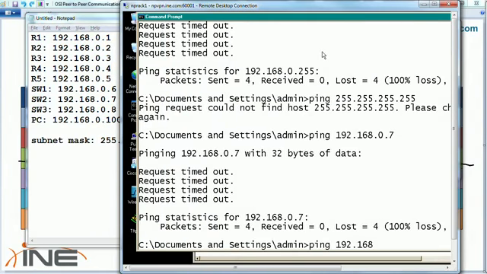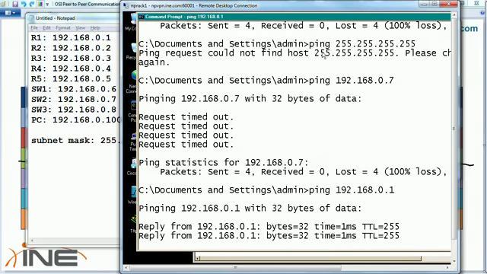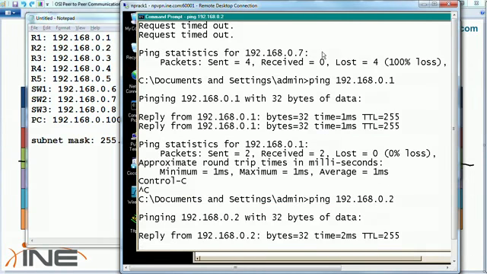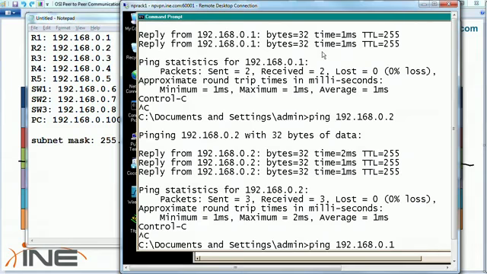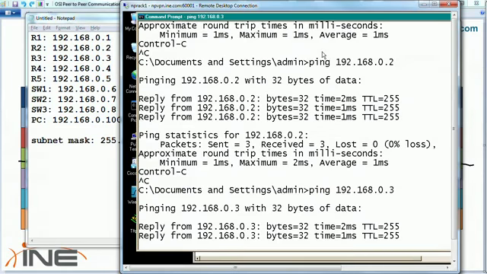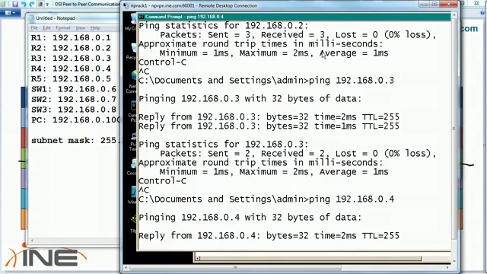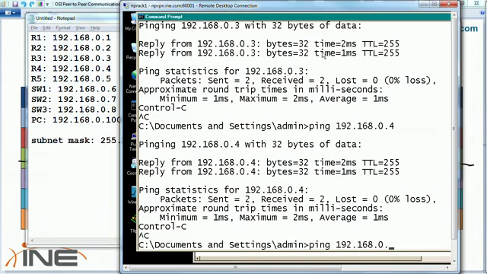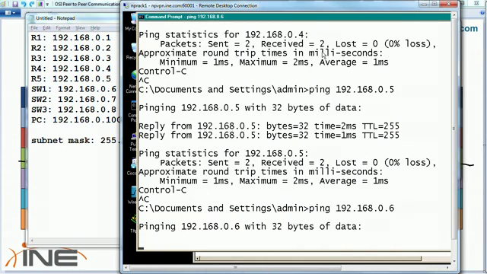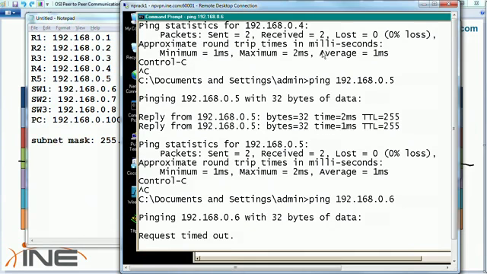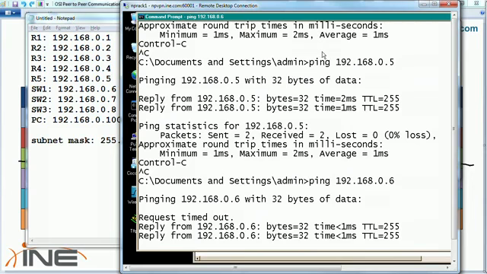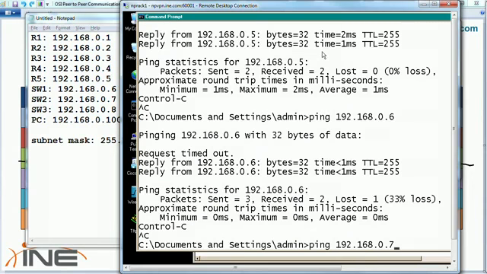Ping 192.168.0.1, 2, 3, 4, 5, 6, 6 works, 7,